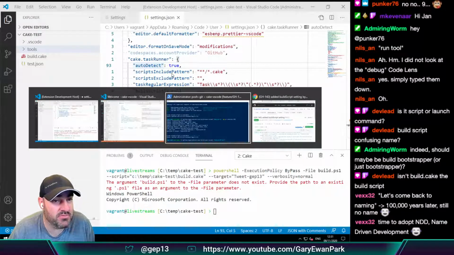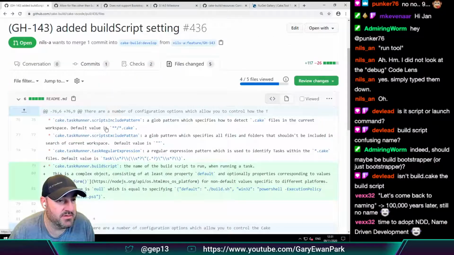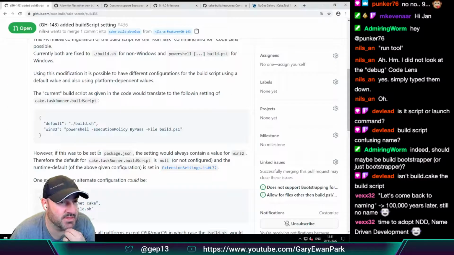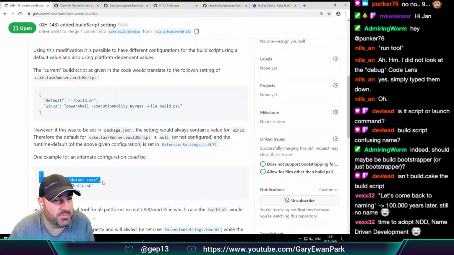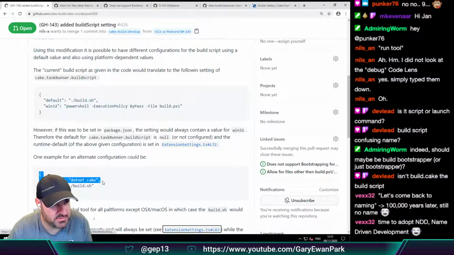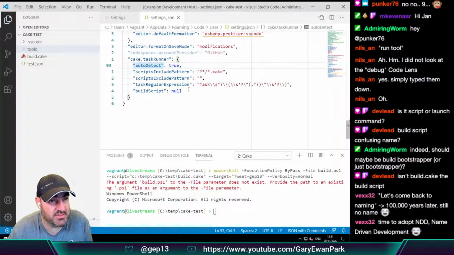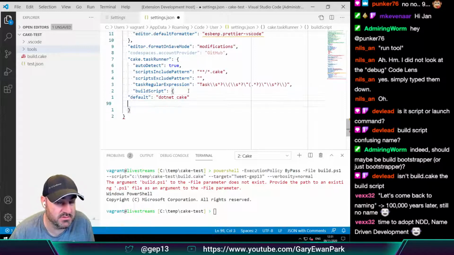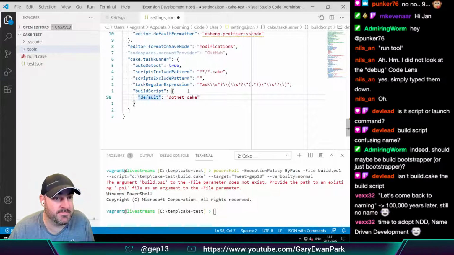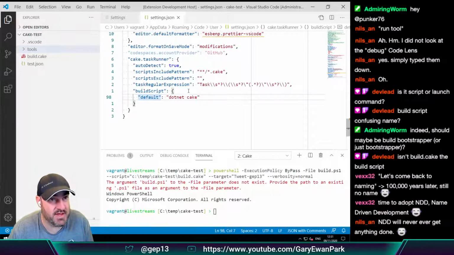Based on the documentation that we read, I should be able to do stuff here. So if I use this example, I should be able to do this, I think. So if I come in here and I say paste and close that out and save that,